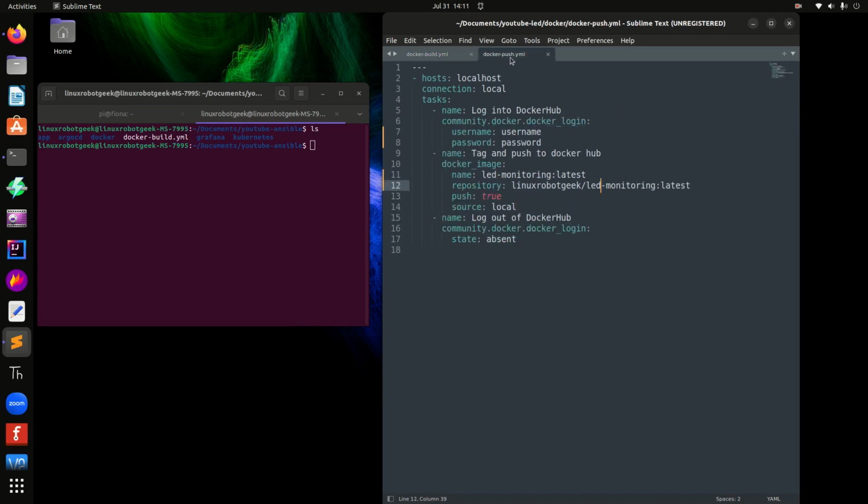Then when we are done, we will push. Same thing as before, localhost is our host. Our connection will be local. First, we will log into Docker Hub using this tag here, community.docker.docker_login, and then of course our username and password, to make sure that this is installed on Ansible, otherwise it won't work. Then we will tag and push, so we will have the name LED monitoring, and then we will